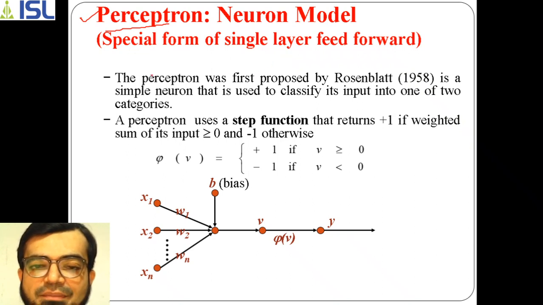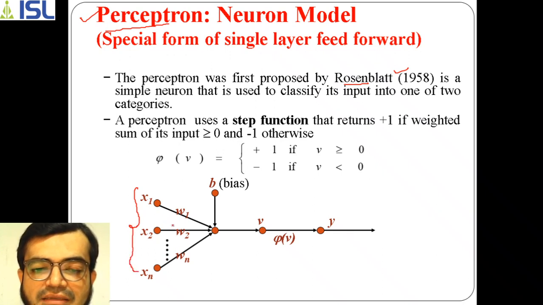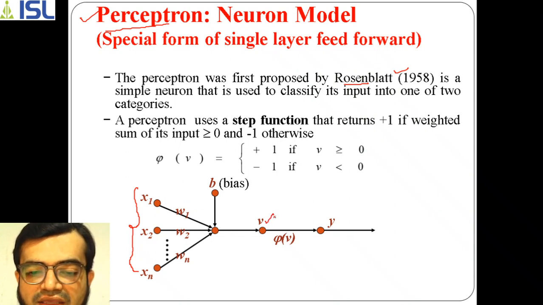The perceptron was proposed by Rosenblatt in the year 1958. It is just a simple neuron and it takes a set of inputs. If you observe, x1, x2, and so on up to xn are the set of inputs that are taken in the input layer. With the help of a bias, a value along with the given inputs, it will produce a value called v, and upon applying the activation function, it will give you an output y. So this is how it works, as simple as that.